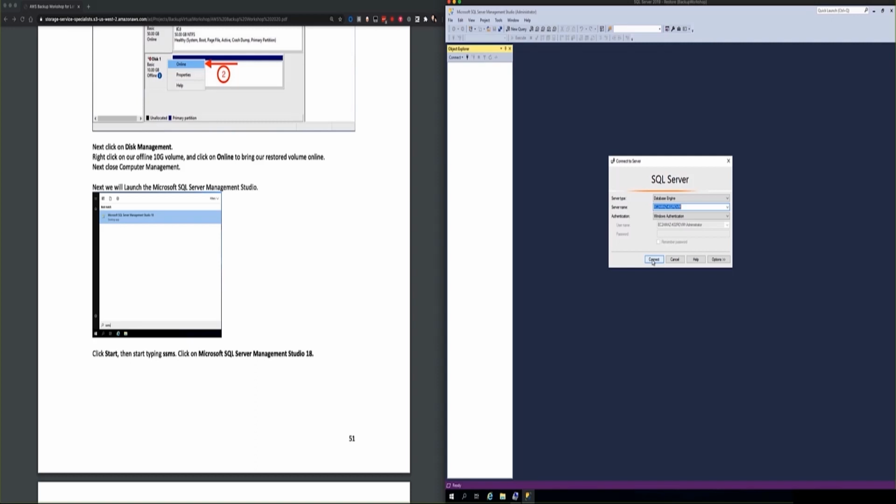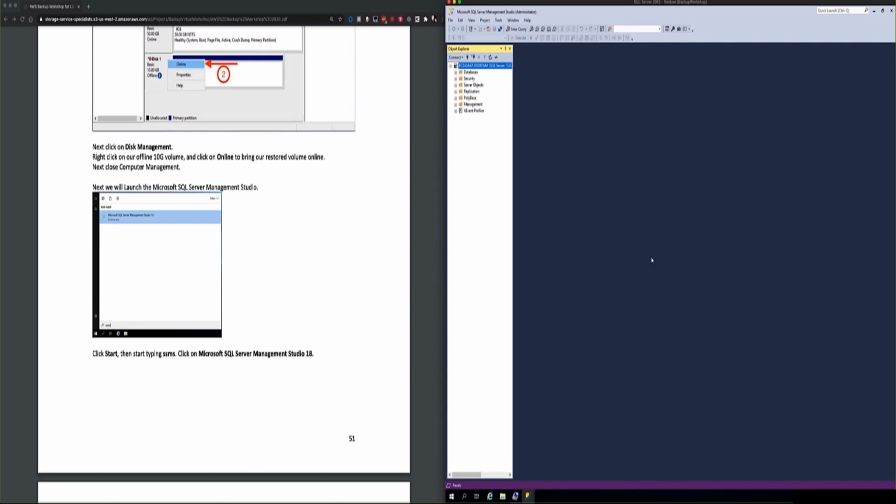Let's go ahead and click Connect. And this brings us to our database management. If we expand databases, we'll note that there are no databases running on the system. Let's go ahead and attach our database. Right-click on Database, click Attach,